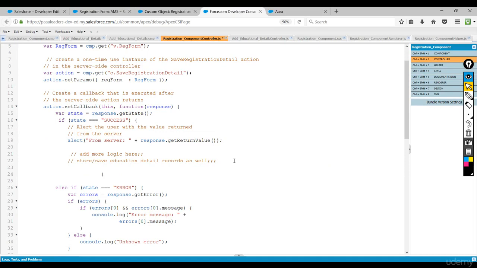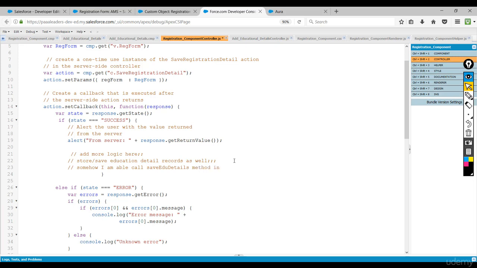Somehow, let's not bother about how, just think, somehow I'm able to call do submit method, or let's give a different name, save edu details method